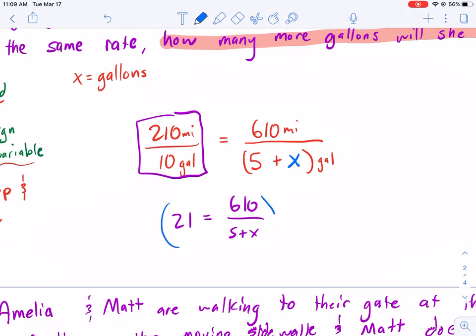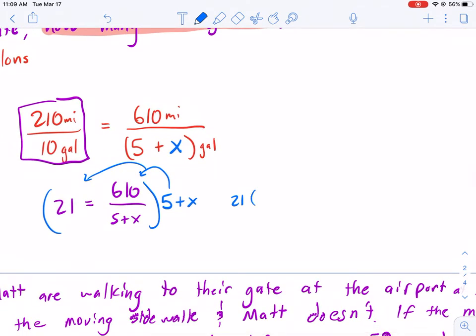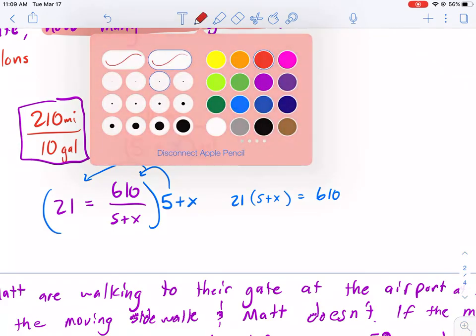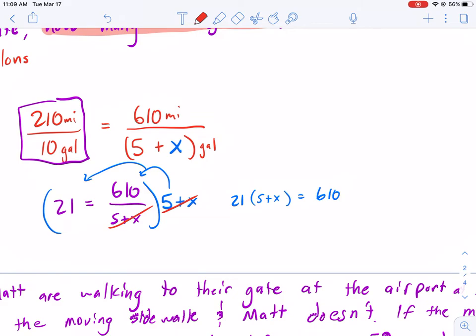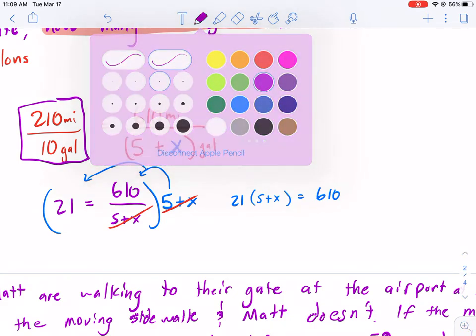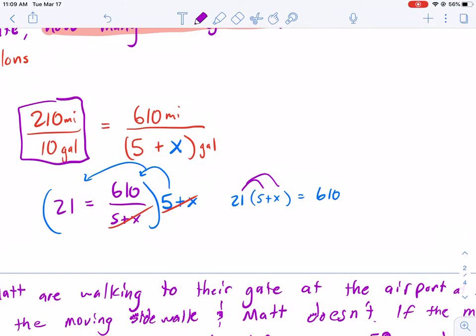What do we do next? Well, we're going to multiply both sides by the denominator to get rid of it. Multiply both sides by 5 plus x. So what happens? Well, we distribute, multiply both terms. We get 21 times 5 plus x equals 610, and it's going to cancel in the top and bottom. So we're just left with the 610. We still need to distribute and solve for x. So we get 21 times 5, which is 105, plus 21x equals 610. Subtract 105 from both sides. 21x equals